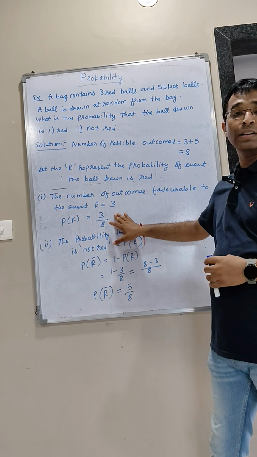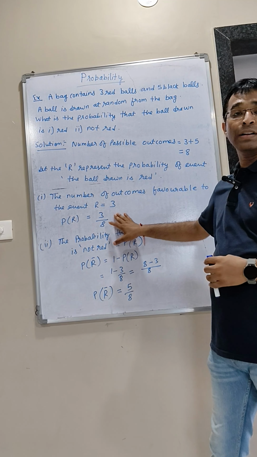Moving to the second part, what is the probability that the ball drawn is not red? Now here, not red means basically the ball drawn should be black. So this problem can be solved in 2 ways. First way is that the probability the ball drawn is not red is P(R bar), which is the complement of the probability of the red ball drawn. Applying the formula, the probability of complement is 1 minus the probability of obtaining a red ball, and we obtain the result